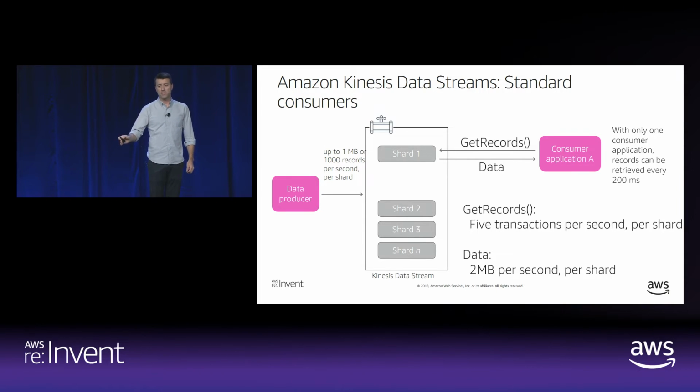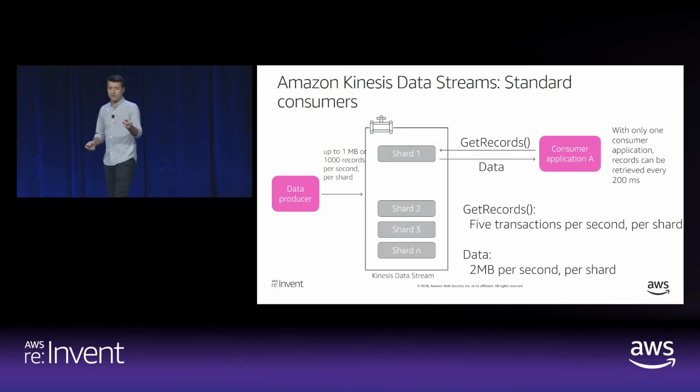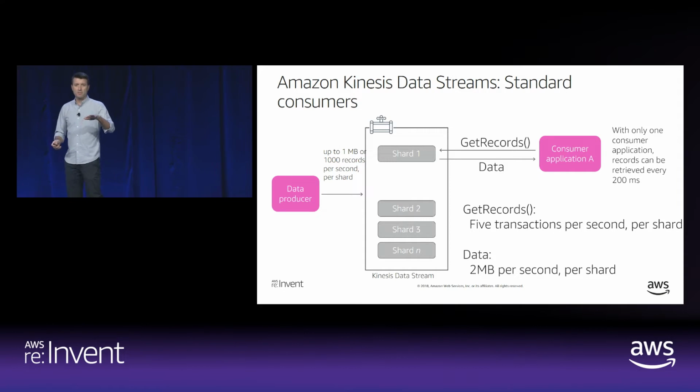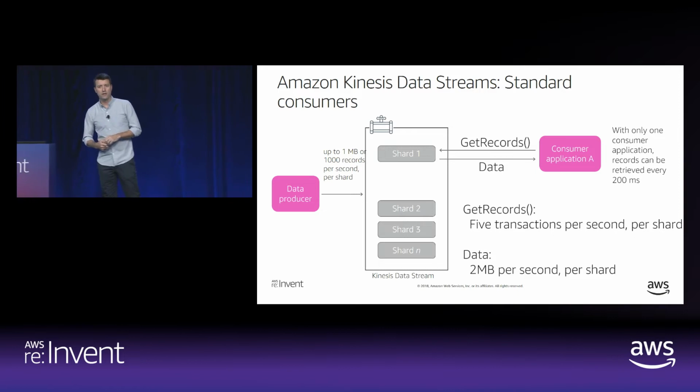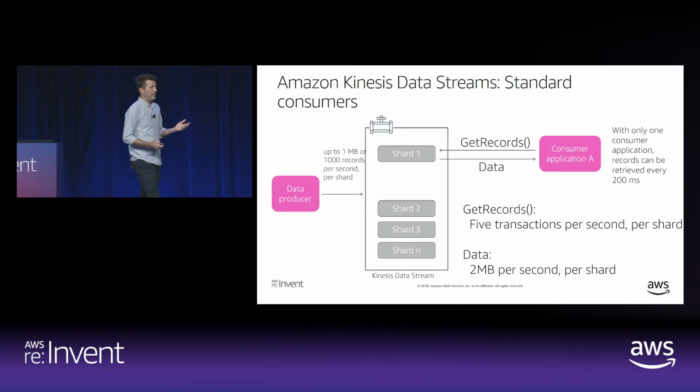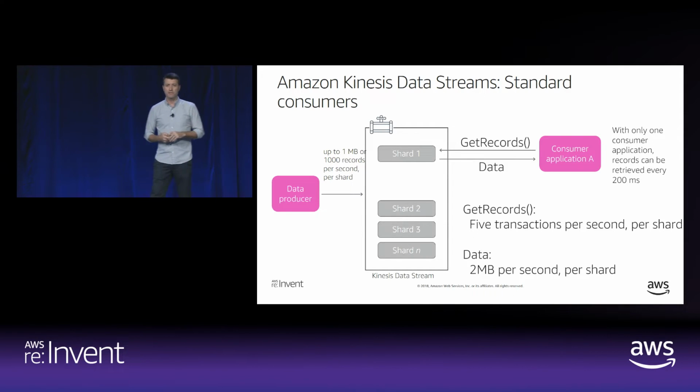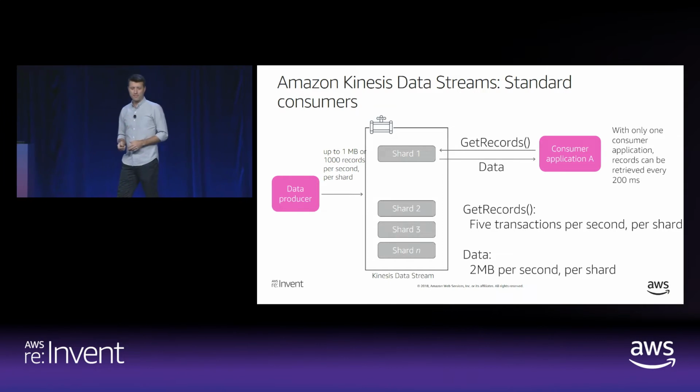This is a polling operation that your consumer application has to implement, or the KCL will do it for you on your behalf. But GetRecords every 200 milliseconds, because you have to stay below that 5 requests per second for the GetRecords call. If you lowered it to every 100 milliseconds of a polling window, that's 10 times per second, and 5 of those would get throttled. So the Kinesis service would return an exception, and your consumer would have to swallow that exception, do a little bit of a backoff, and retry.